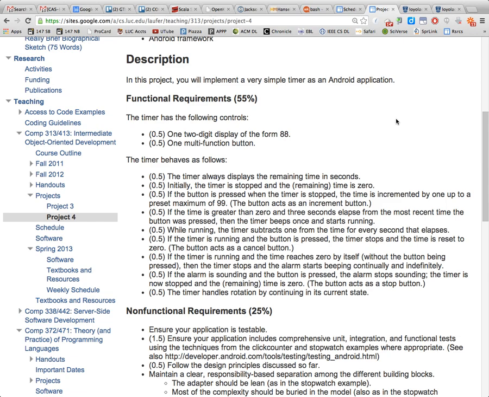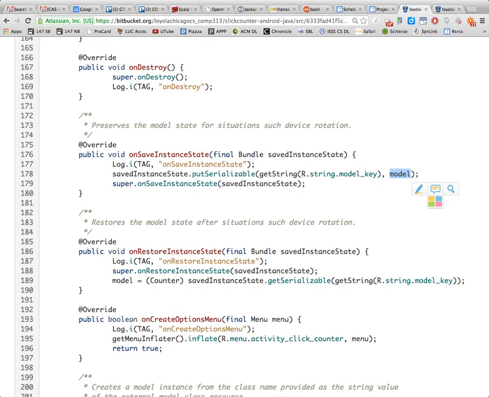All right. So any questions so far? It's going to take some time to sink in, so that's why I'd rather start looking at the stopwatch code,